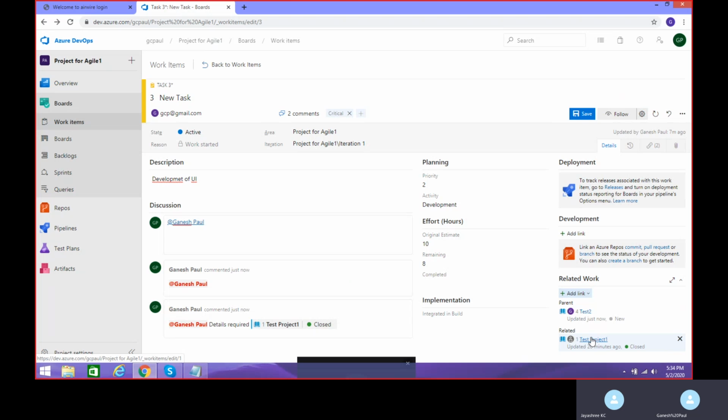For now, let's stop here. Tomorrow we will continue with the other operations as well. We have many more operations with respect to work items. I'll be showing them for one work item, a task, as an example. For other work items like user stories, features, and epics, the operations will be the same.